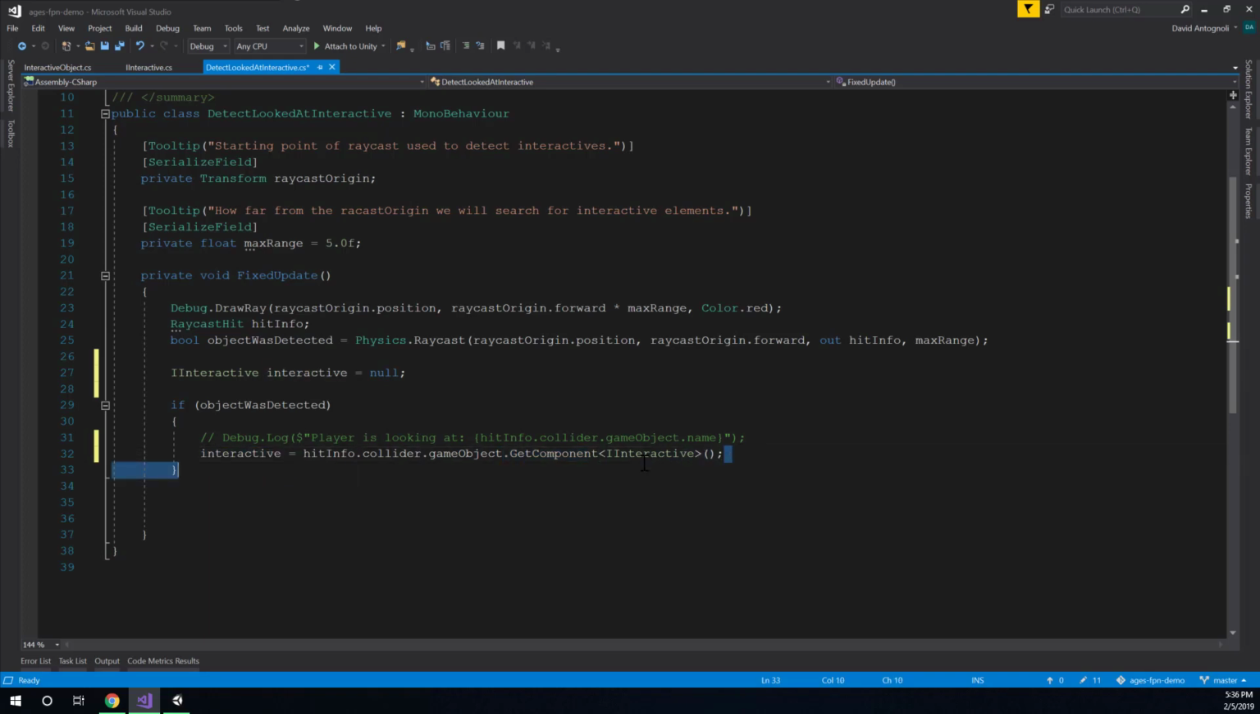However, if this actually doesn't find anything, it will just fill it up with null again. So it'll just still remain null. You have to be careful because since there's a chance this might be null, we have to be careful about what we try to do with it. Like we can't call interact with if it's null, because then it's a null reference exception. So at this point what we want to do is say if